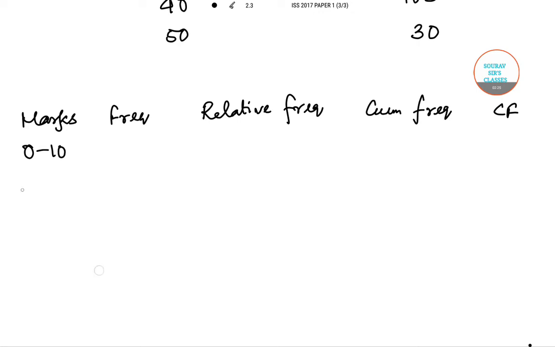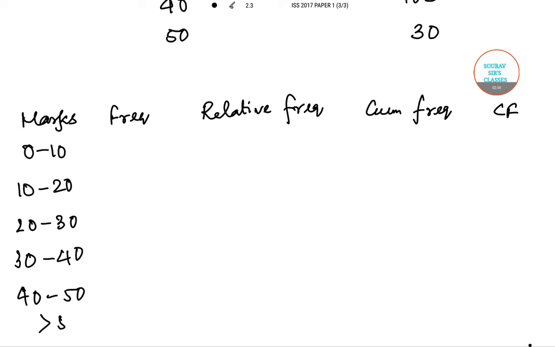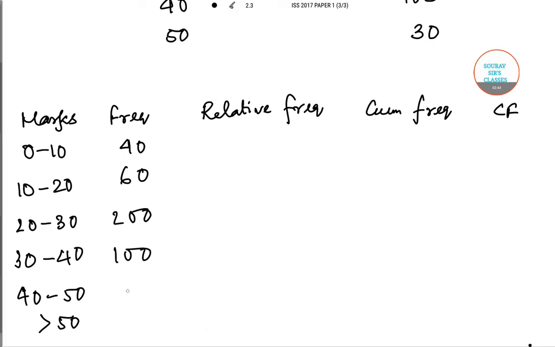Zero to 10, 10 to 20, 20 to 30, 30 to 40, 40 to 50, and greater than 50. This is 40, this is 60, this will be 200, this is 100, this is 70, this is 30,